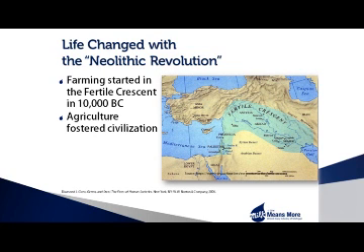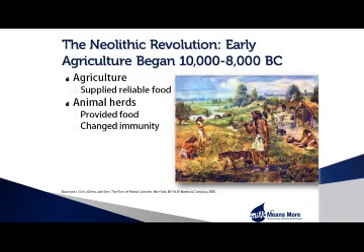During this time, humankind shifted from daily survival, hunting and gathering, to primitive farming. Farming started in the Fertile Crescent, an area especially conducive to crop production. Theorist Jared Diamond hypothesizes the development of agriculture enabled human culture to flourish and civilizations to advance. Primitive farming provided a fairly constant supply of food.